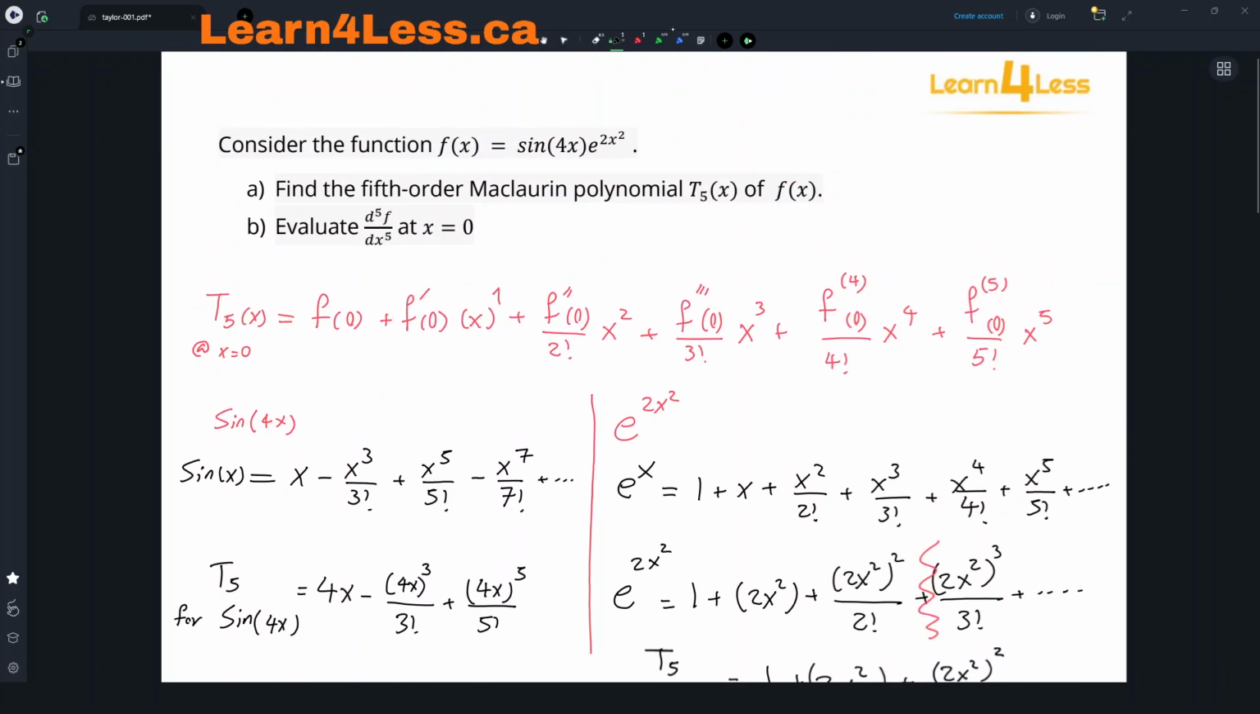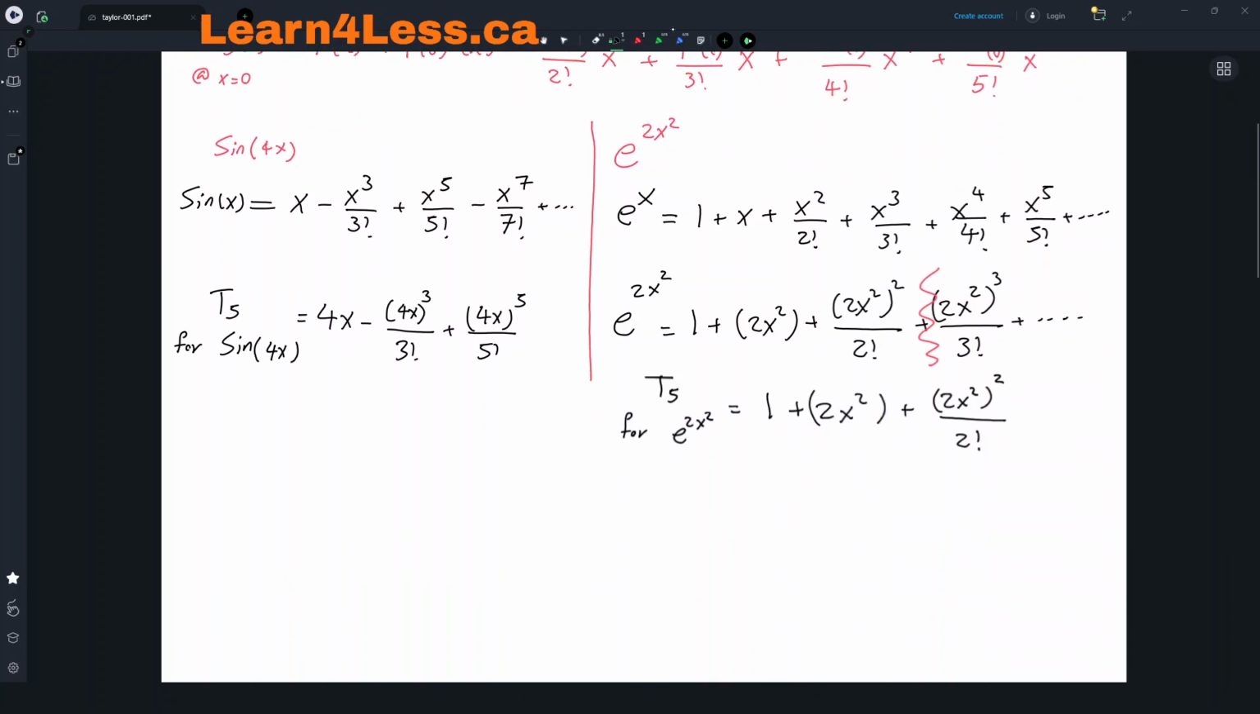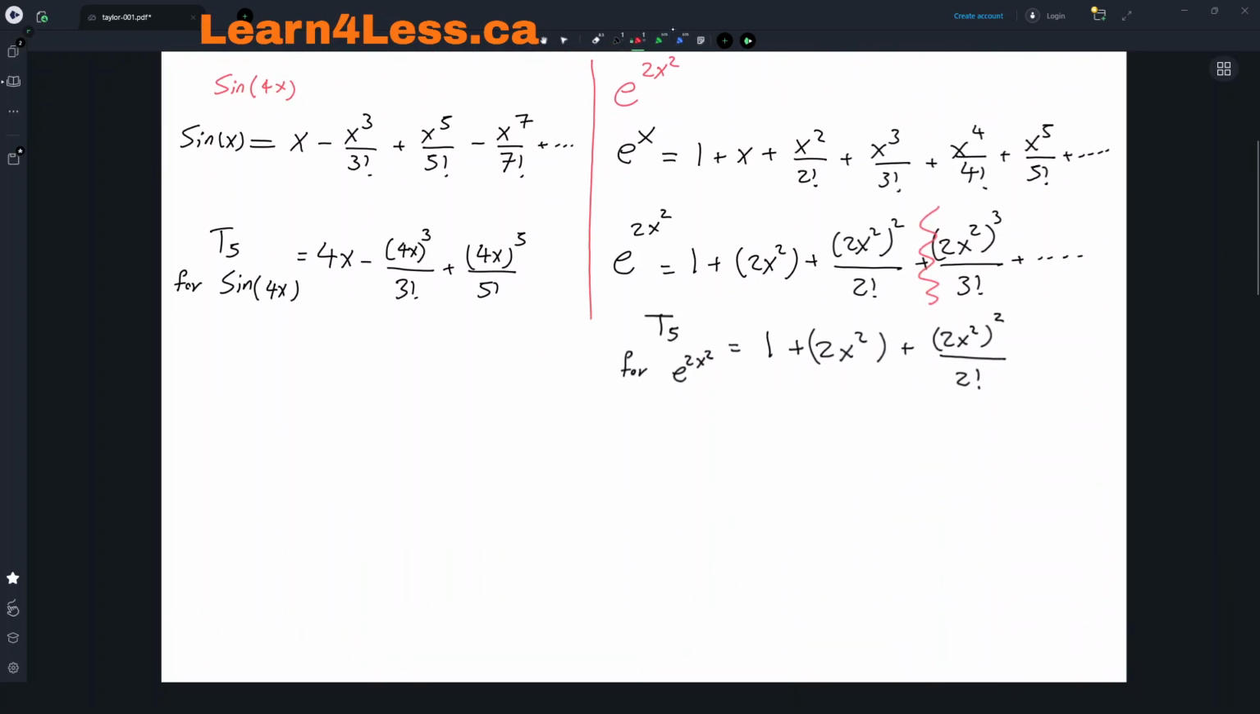Now that we have the T5 for each of them separately, we can just multiply them by each other. We can FOIL these two. Before doing so, let me simplify each of them. So this one would be equal to 4x, I have 4x entirely cubed. So it's minus, because the 4x is entirely cubed, the 4 is also cubed, x is separately cubed, over